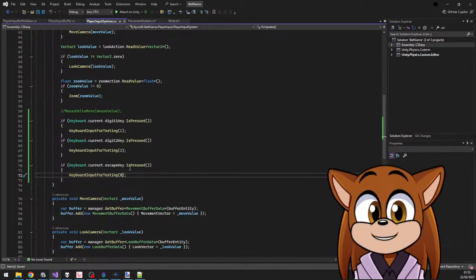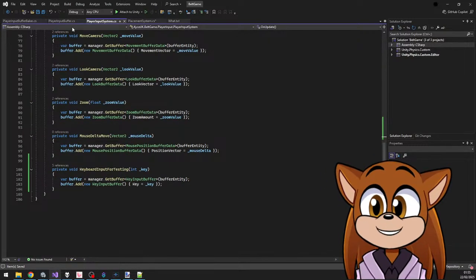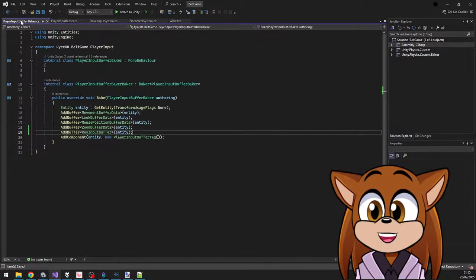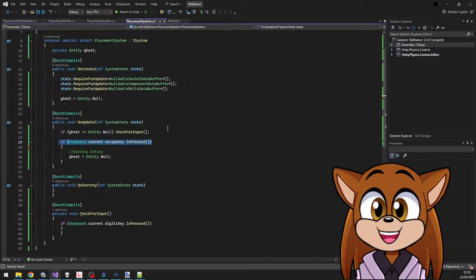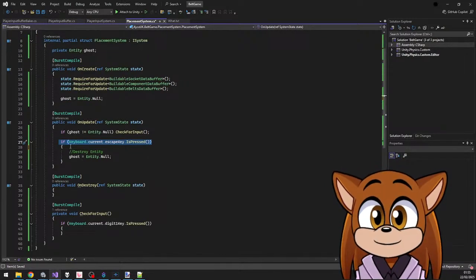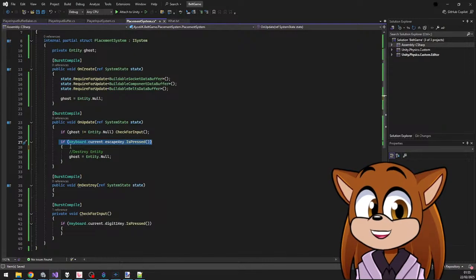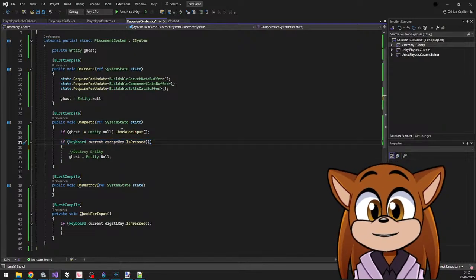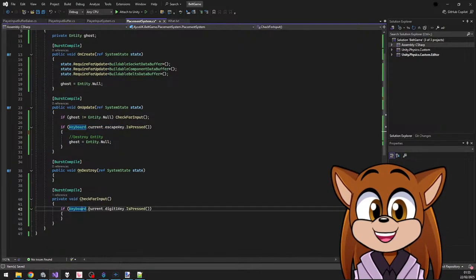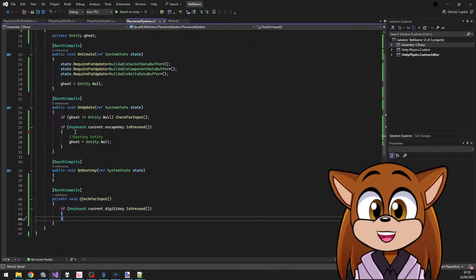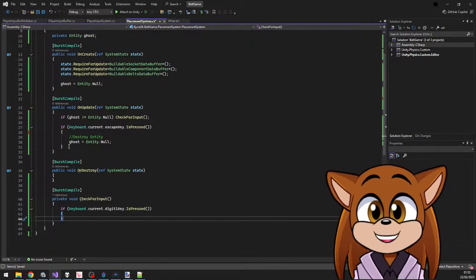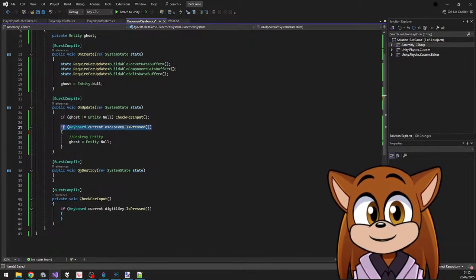Cool. There you go. Right. Okay. And then in here, we can't use keyboard.escape. And we can't use keyboard here. That's fine though. What we can do is